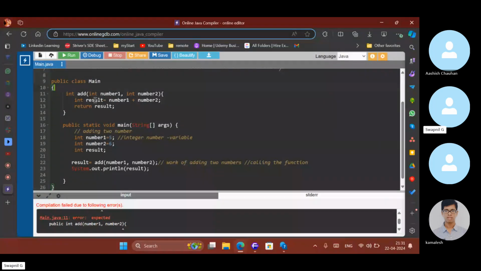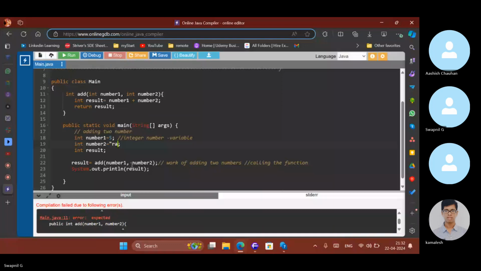Some people find it very verbose, meaning too many words. You are already saying this is int, and you are sending it int, then again you have to write int. But some people find it very good. Why? They use it as a check that they are actually sending numbers. Let's suppose someone sent Ravi instead of number two, then our program will give an instant error.